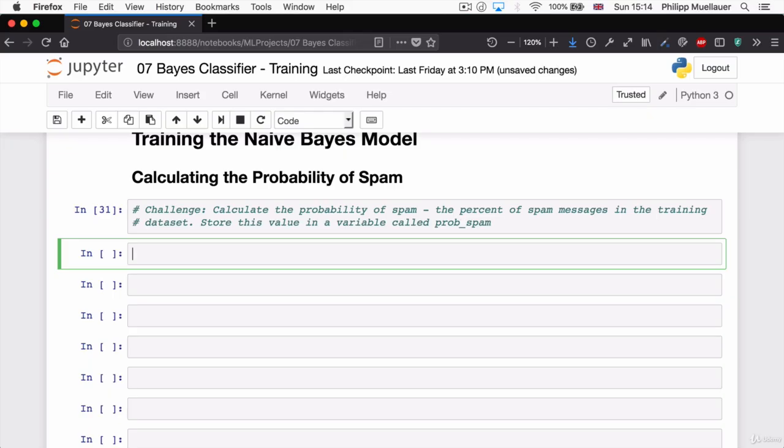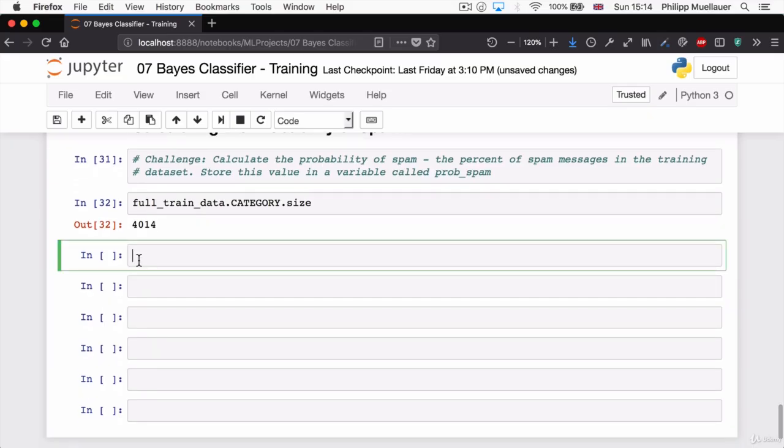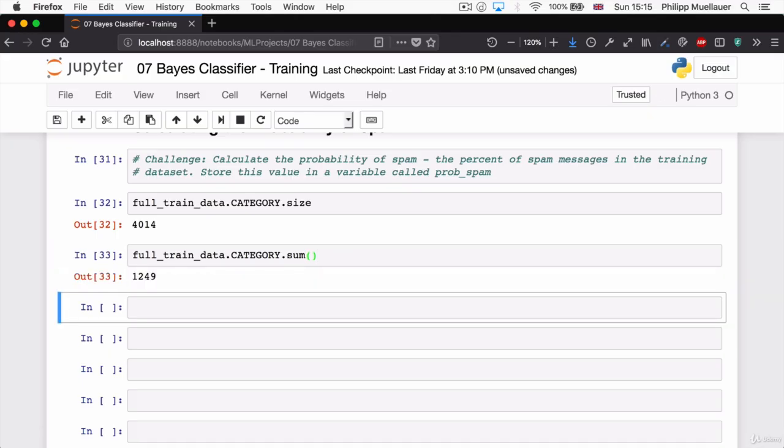The total number of messages that we have in our dataset is full_train_data.category.size. We've got about 4,014 messages. The number of spam messages is full_train_data.category.sum. The reason I can do this is because I've labeled the category of spam as 1 and the category of non-spam as 0. So simply summing up all the ones in my category column will give me the number of spam messages, of which I've got